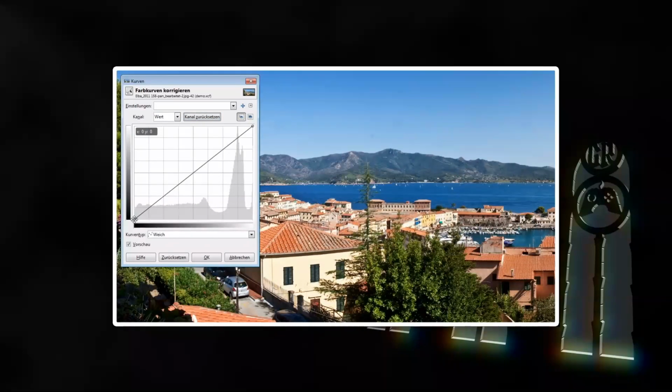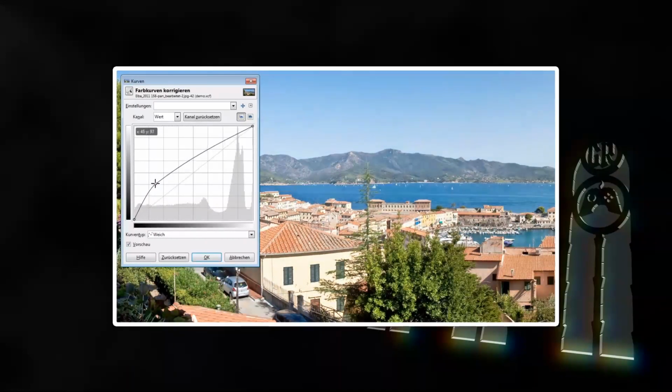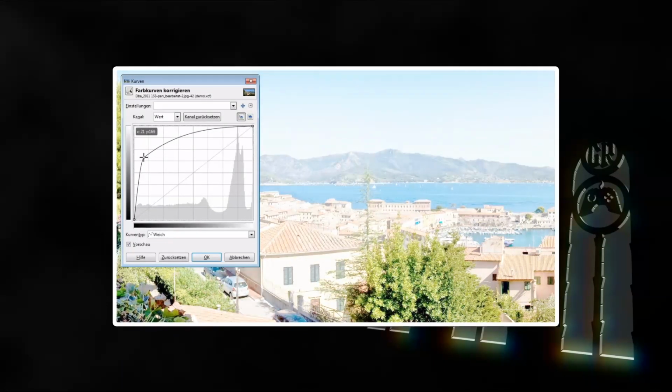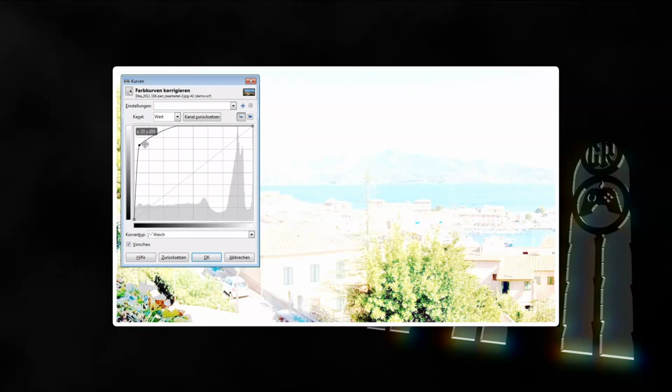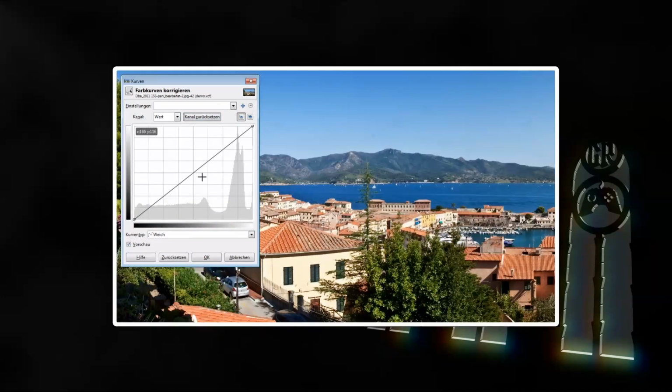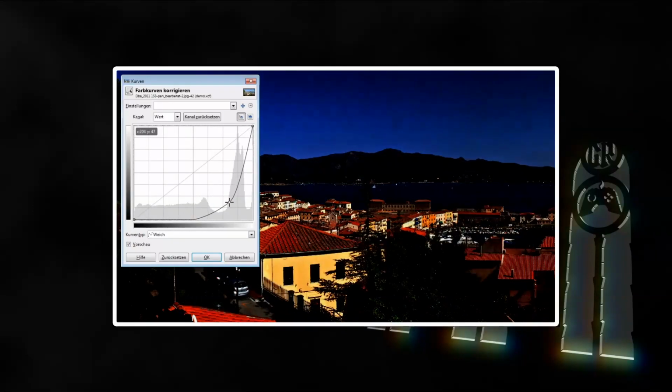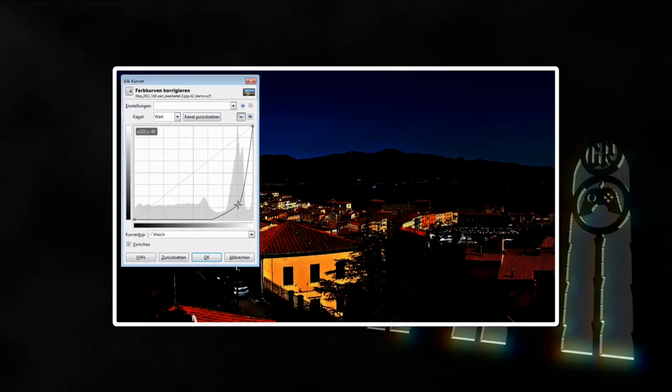Changing the gamma level changes that linear input to output line to an exponential curve. If we increase gamma, the curve bends upward and thus increases the overall brightness of the image. But you'll notice that the very dark and very light colors are affected less than the midtones. And if we decrease gamma, the curve bends downward and the overall brightness is decreased as well, again mainly affecting